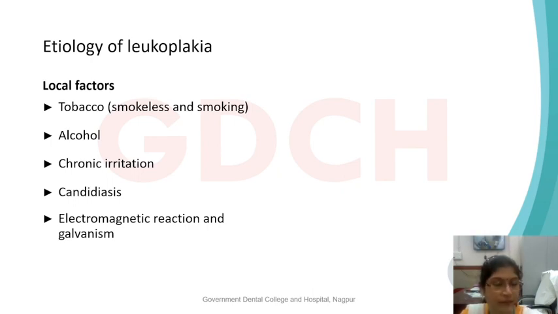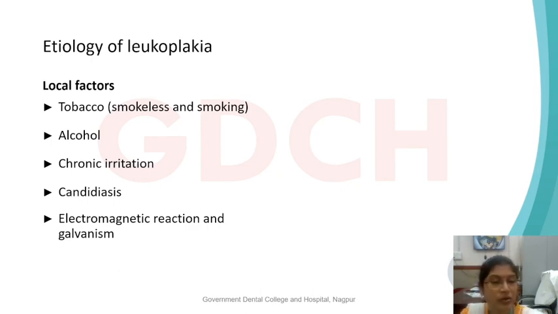Alcohol has a synergistic effect in the causation of leukoplakia. If the patient is already a tobacco chewer and is consuming alcohol, then there can be a dual effect. The first can be a systemic effect in which the immunity of the patient is compromised, whereas the local effect can be in the form of changing the oral microflora, leading to xerostomia and other